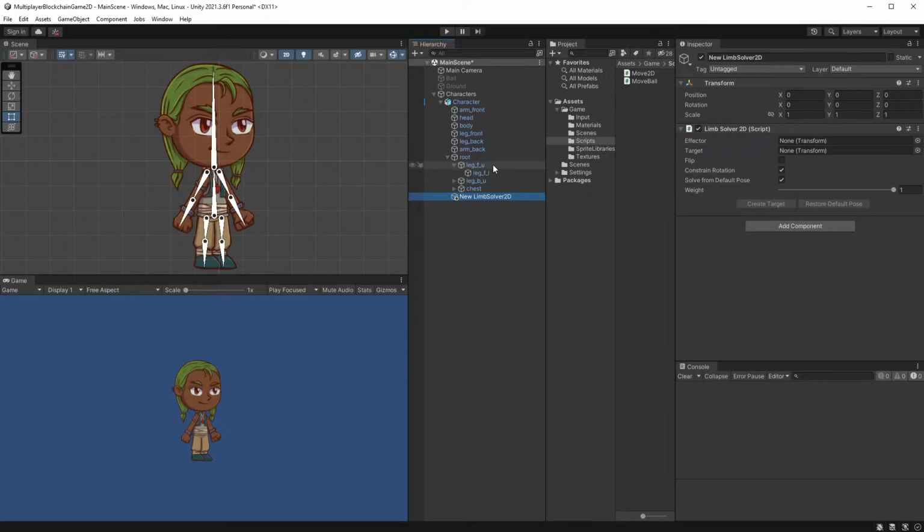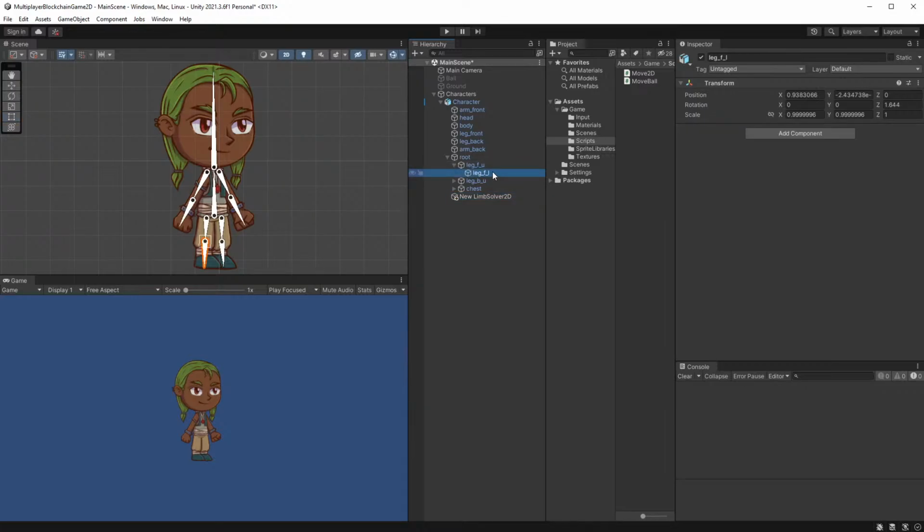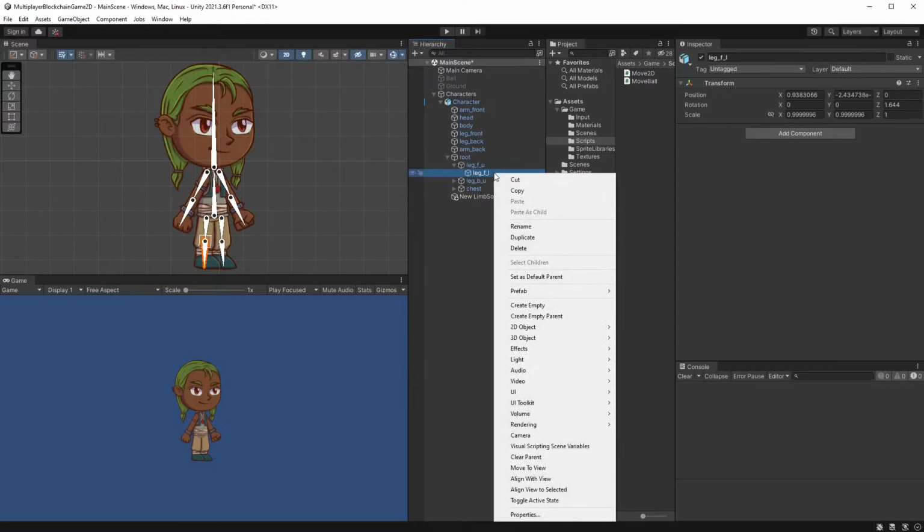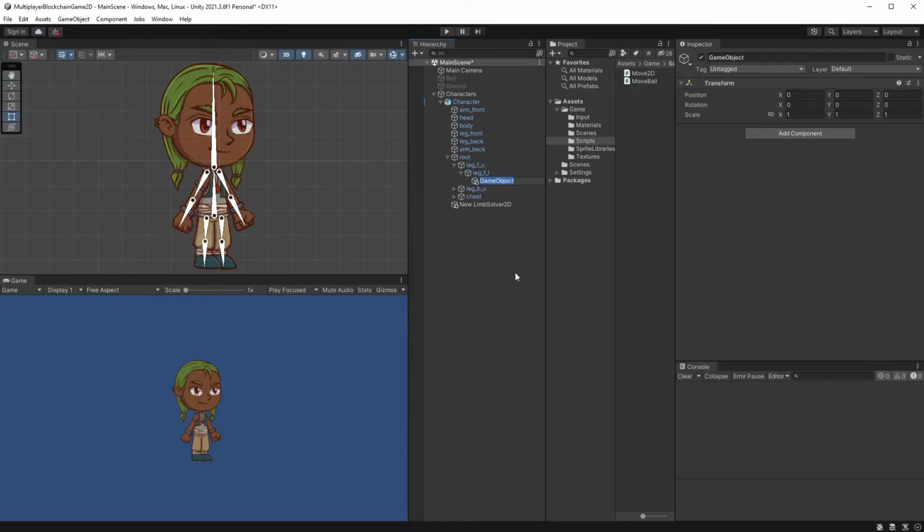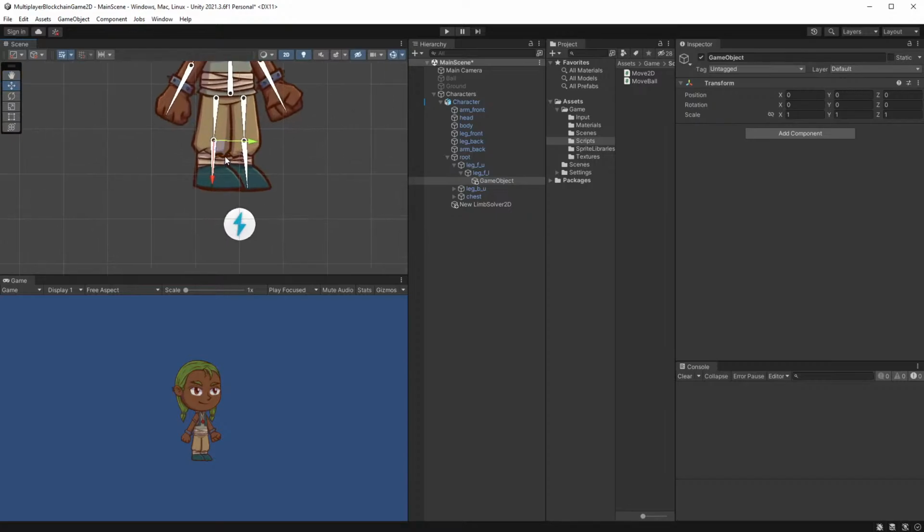So we'll start on our leg front, and we want to click on our leg front lower here, and we can right click, choose create empty, and then we want to move this, so let's press W so that we get this gizmo here, and let's move this all the way down to the bottom of our foot here. So just drag down on the red arrow,